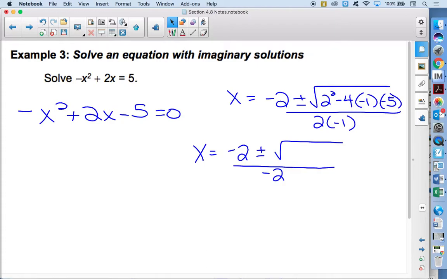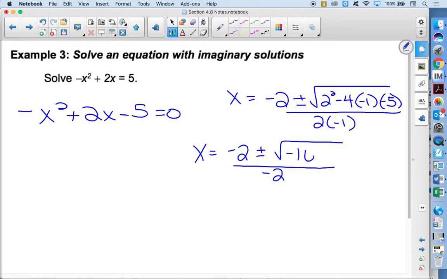So underneath the square root, try to do mental math here. Don't rely on that calculator all the time. So 2 squared is 4, and then you have 4 times negative 1 times negative 5. So Julia, we're subtracting 4 minus what? Negative 1. Yes. Say it again. 4 minus negative 1. What's 4 times negative 1 times negative 5? Negative 20. So 4 minus 20 is